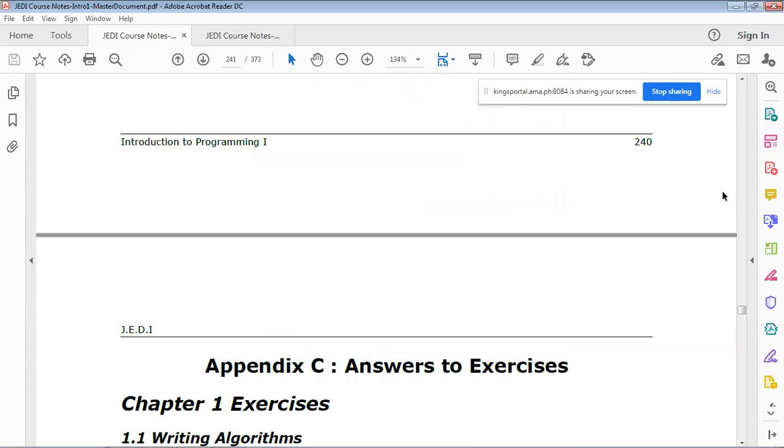I'll show you some examples or exercises of a Java program.